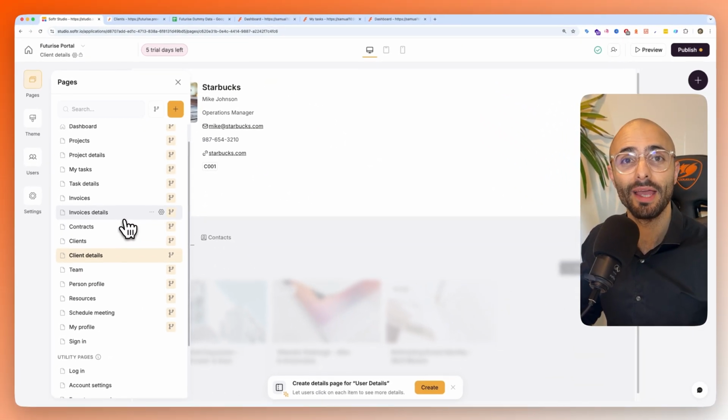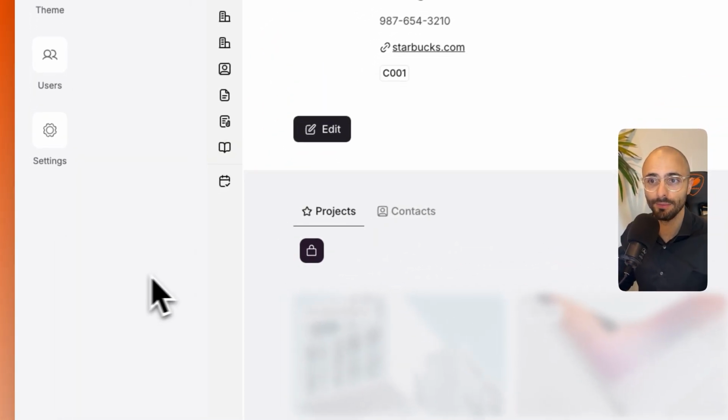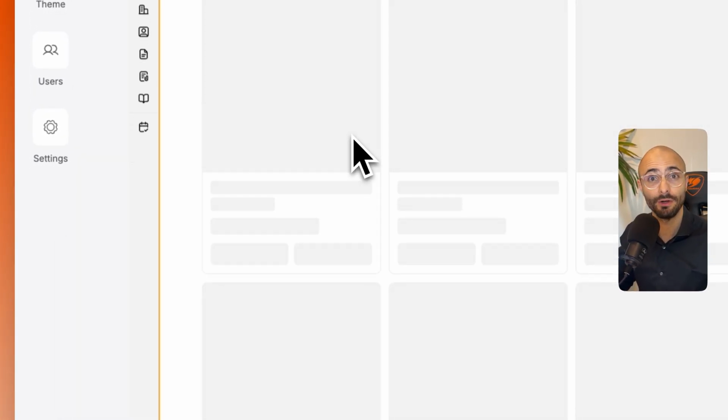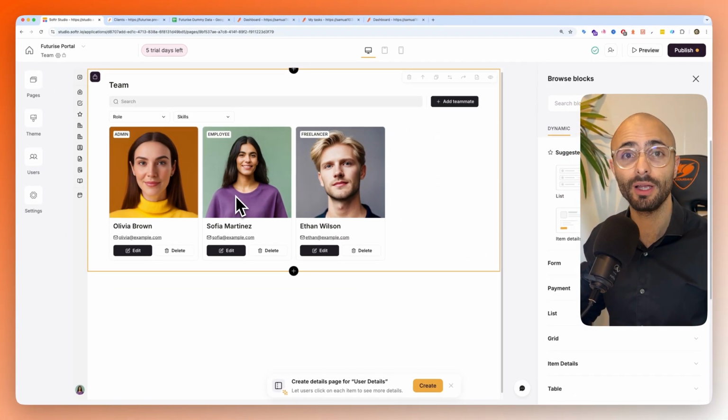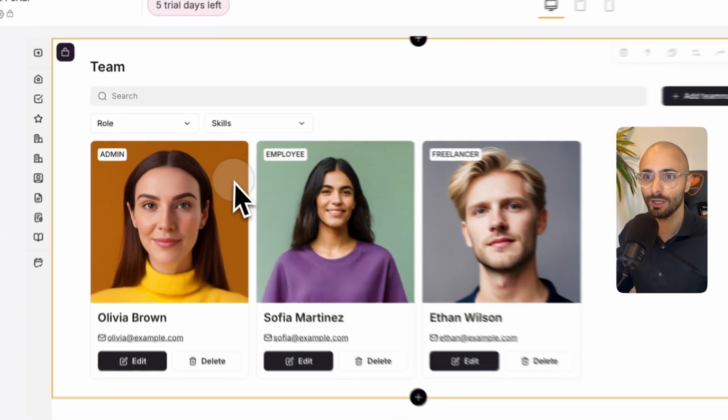All right, now that we have set up the client, let's go ahead and set up the team. All right, so you can imagine it's a very similar process. What I would recommend is pause the video and go and try this out for yourself. All right, it would be a nice practice activity since you've already seen how I did the client setup. So it's very similar, but if not, I will run through it quickly to show you how to set all of this up. Okay, so you want to click on the team block,